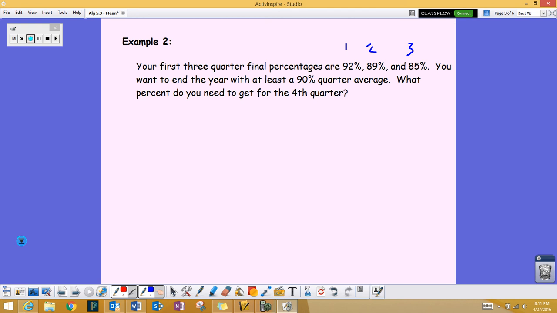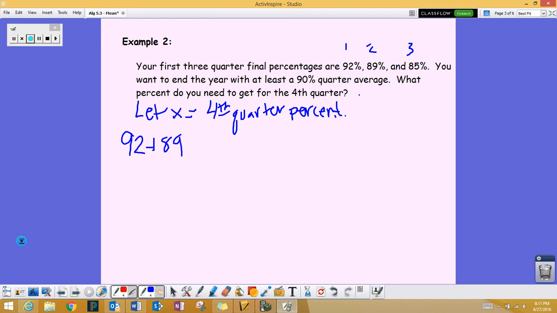So we need to figure out what that percent is. So let's just call it X for now. So we're going to let X equal the fourth quarter percent. So that's what we're going to let our variable be in order to solve for what that percent is going to be. So we know we're working with 92% plus 89% plus 85%. And when we add that fourth percent,